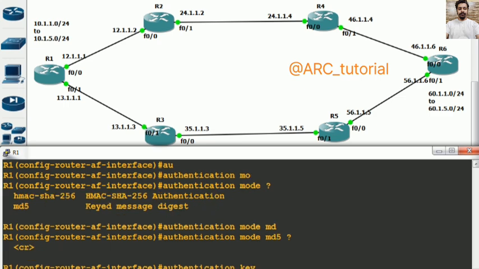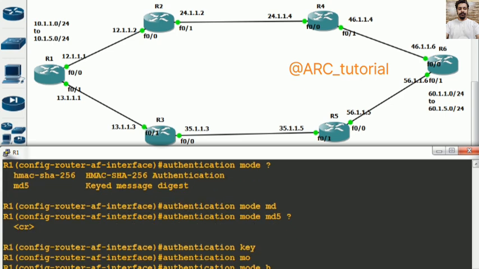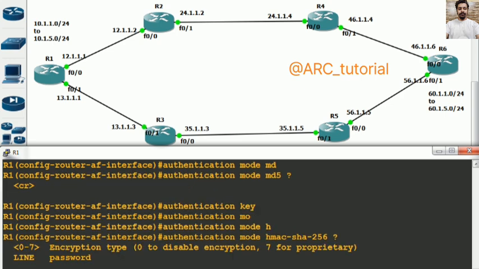That's it for MD5. But for HMAC authentication mode, HMAC SHA, here because MD5 is older technology, whereas SHA is the latest one. So you can also take SHA. EIGRP named mode also supports SHA authentication. So now it is asking directly for key, your password. Let's say it is Cisco at